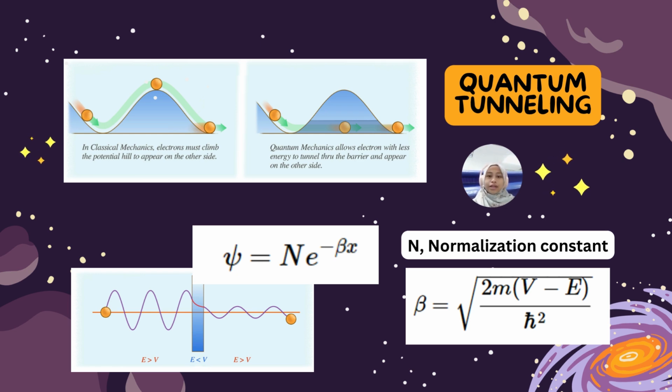We can see the illustration from the figure below. What happens is that when the particles reach a barrier that they cannot overcome, a particle's wave function changes from sinusoidal to exponentially diminishing in form. For example, the solution for the Schrödinger equation in the figure is as stated beside.